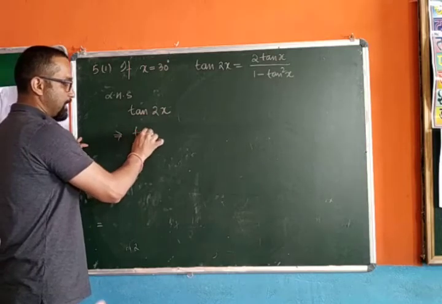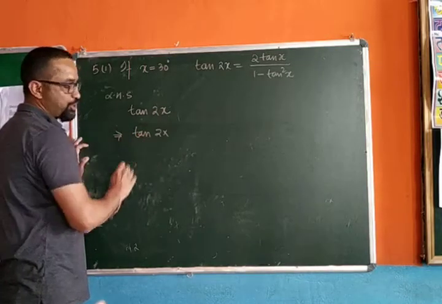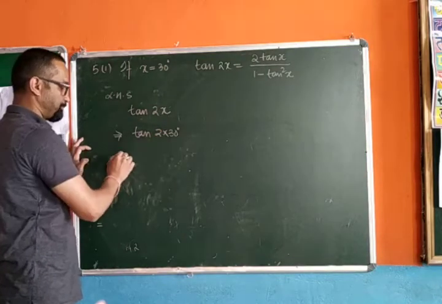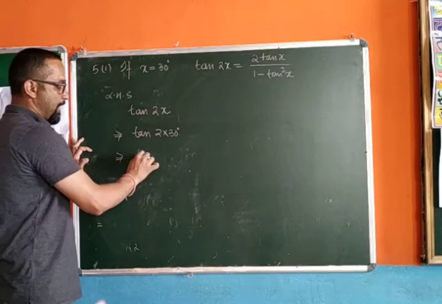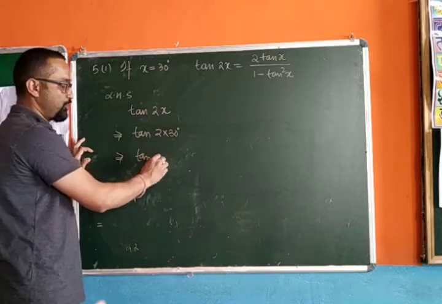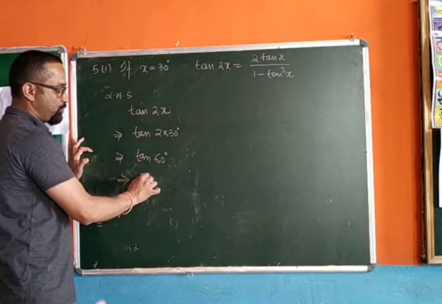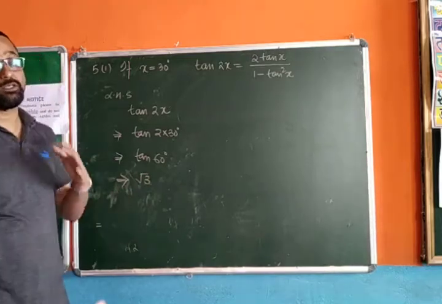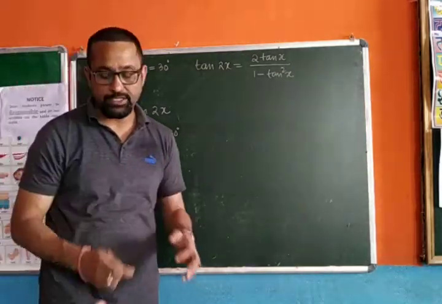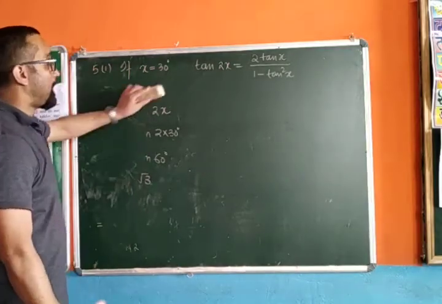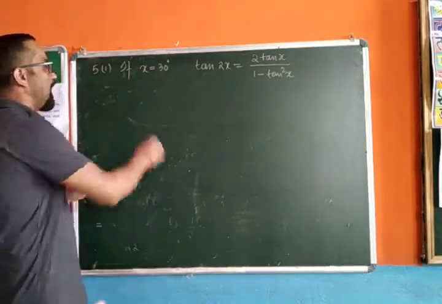Tan is written as it is, 2 multiplication sign. X we know is 30, so we substitute tan, do the multiplication, you get 60 degree. And tan 60 degree is root 3. This is the simplified left hand side. Now you have to simplify the right hand side. RHS,